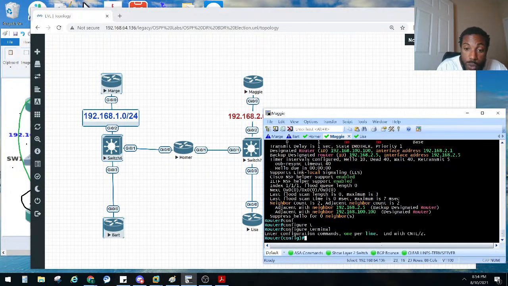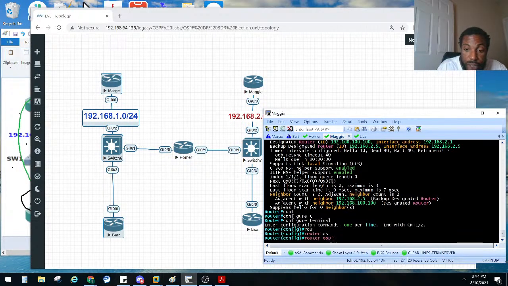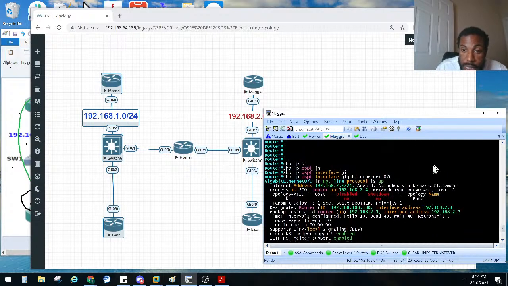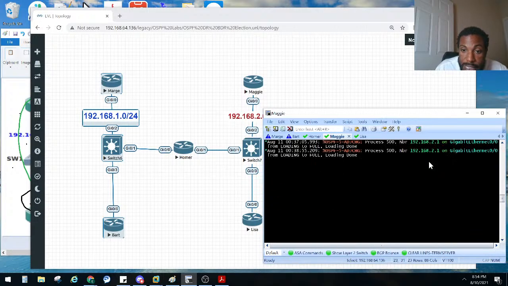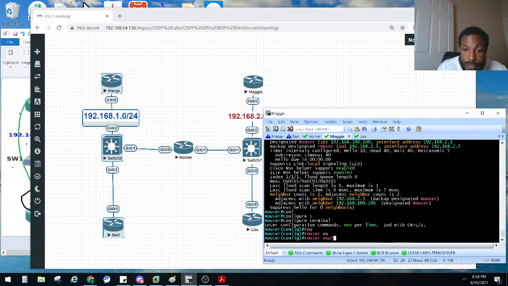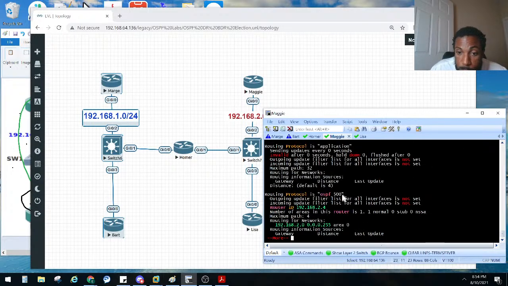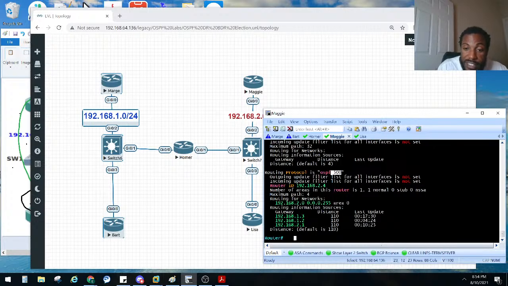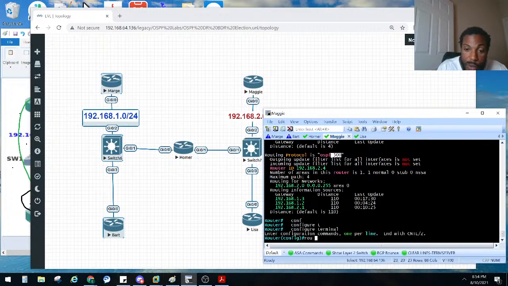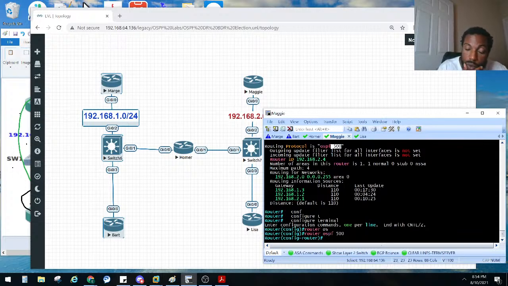Global config mode, router OSPF. What was the process ID? 100? It was process ID 100, right? No, it's 500. See, I'm glad I checked. Here's how we can check, right? Show IP protocols, and we'll see the process ID. It is process ID 500. See, that's why we want to double check our work. It's like my boss says, verify, right? Global config mode, router OSPF 500, and we do what we wanted to do, change the router